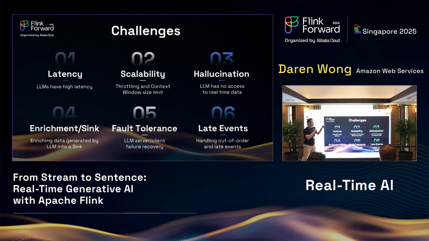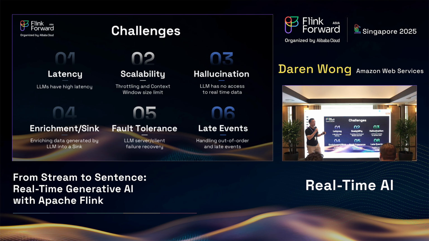So I've kind of summarized it into 6 challenges that you might face if you do it with a naive approach. The first one is on latency. So as mentioned, LLMs have pretty high latency, especially around token generation. So this is a challenge that we'll need to resolve. The second is on scalability. What if we want to generate commentaries not just for the current game, but for other ongoing games, or even for the whole season? How can we do it in a scalable way such that we don't get throttled, or we don't face any sort of limit, for example, context window size limit?